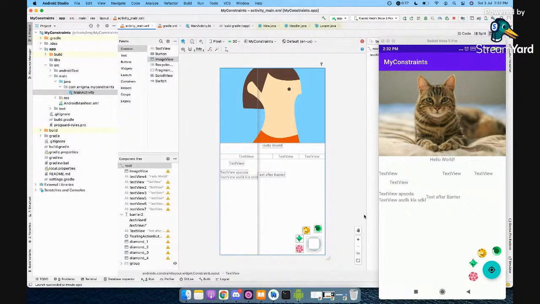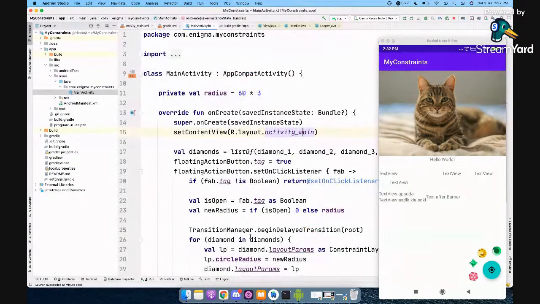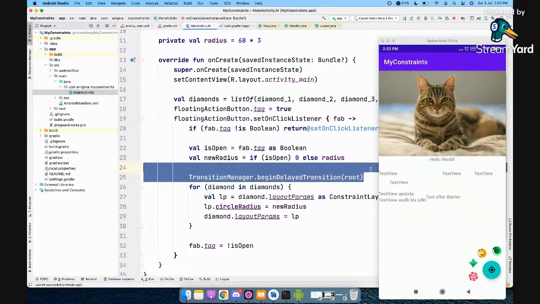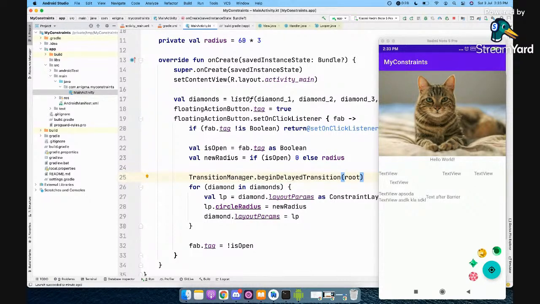I have a question. Can you go to the main activity? Sure. So this transition manager can work with other layouts also, or only with constraint? I'm not sure. I use this with constraint, and it works beautifully. I generally don't use other layouts now. So maybe it will be generic. Yeah, I think so, but I'm not sure. I did not experiment with this one, but it works beautifully with constraint.